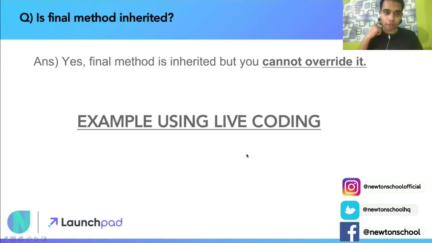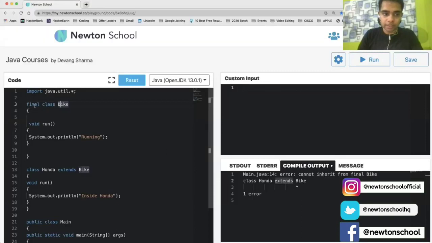Let's understand a very important question. Is final method inherited? Yes, the answer to this question is final method is inherited, but you cannot override it. I repeat, final method is inherited, but it cannot be overridden. Let's see the example here. In this example, if I make my method as final and I run it,